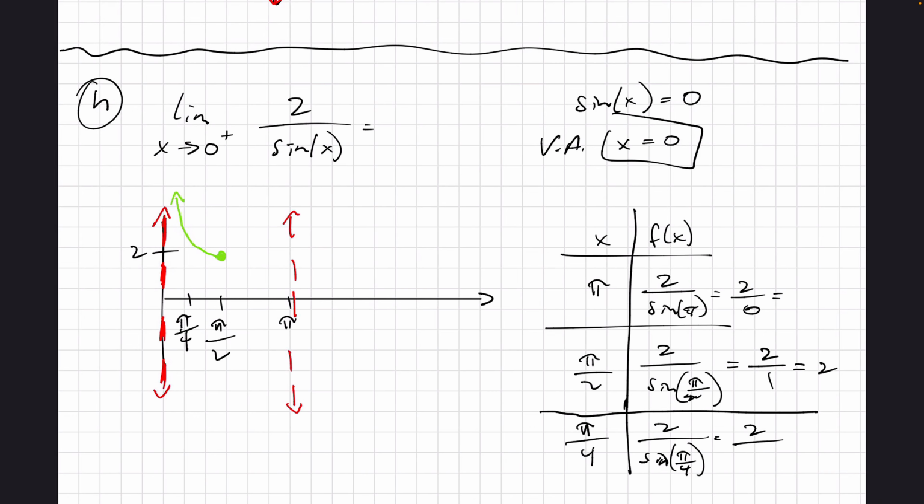Yes, sir? So in a trig graph, it basically replaces, well, let's just say pi is basically a trig graph's 1. And then